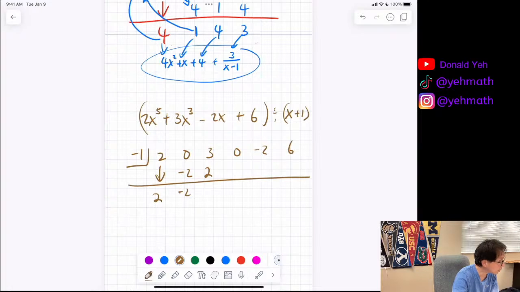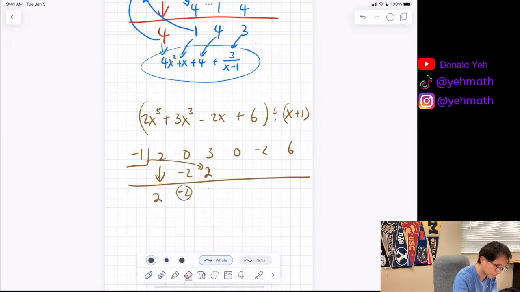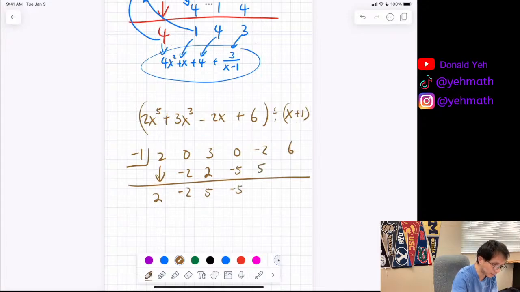Is that okay? Is this okay so far? I take this, I times this, and I place it here. Is that okay? So this is 2, and that's 5. 5 times -1 is -5. -5 times -1 is 5. Am I doing okay? Yeah, so far? This is 3. 3 times -1 is -3. That's 3. So write down the answer, it will be 2x